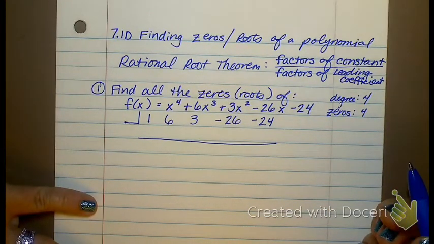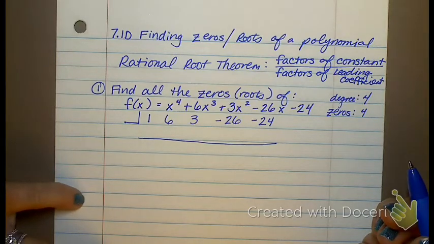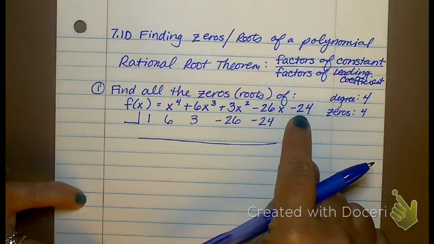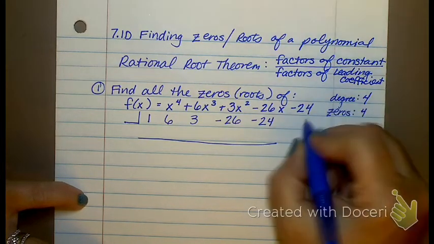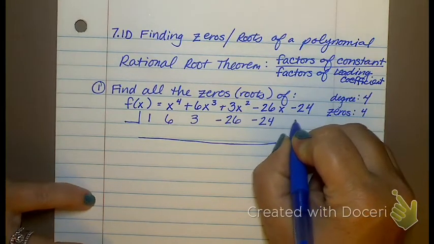Do you remember what the constant was? That's the first day of notes in this class. The constant is the one that has no x, or technically x to the 0. So in this case, our constant is negative 24. So if I took the factors of the constant,